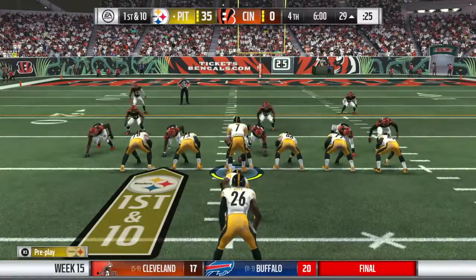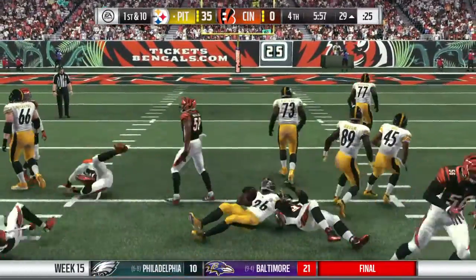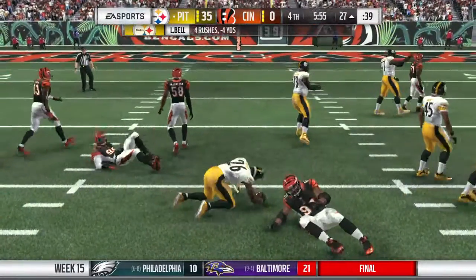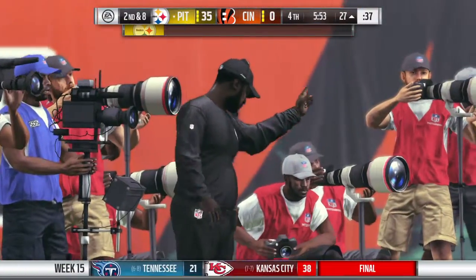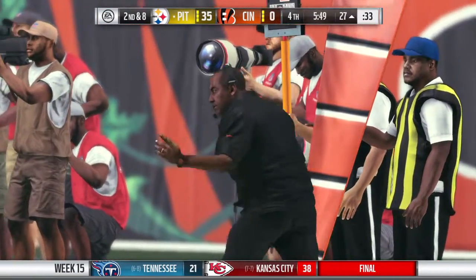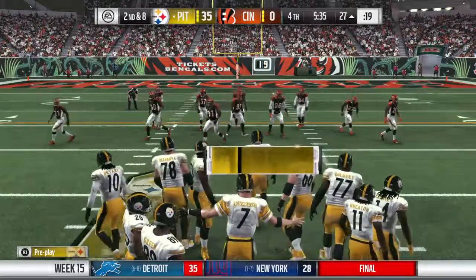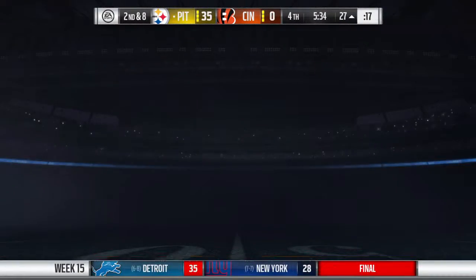They come out here in the I. Roethlisberger with a give to Bell. And only able to muster a couple down to about the 27. It's Roy Miller that brought him down. The best defensive linemen, they play with great leverage so they can get low and not get bowled over by offensive linemen. They have excellent hands. They can